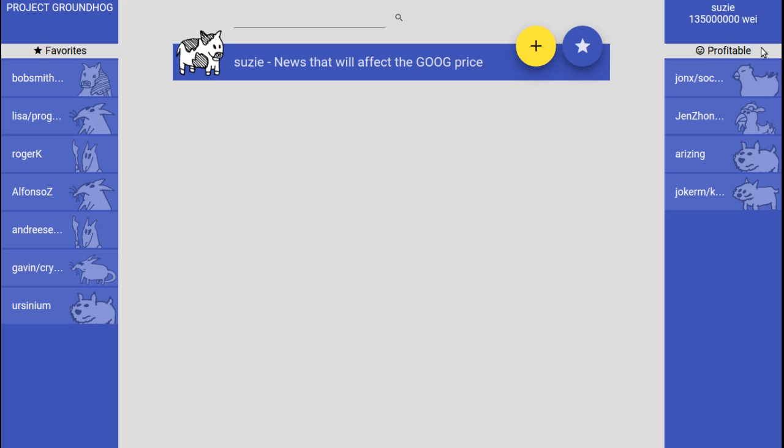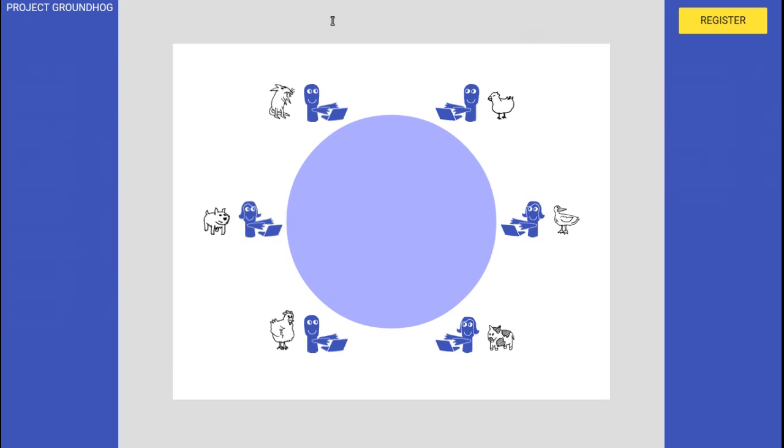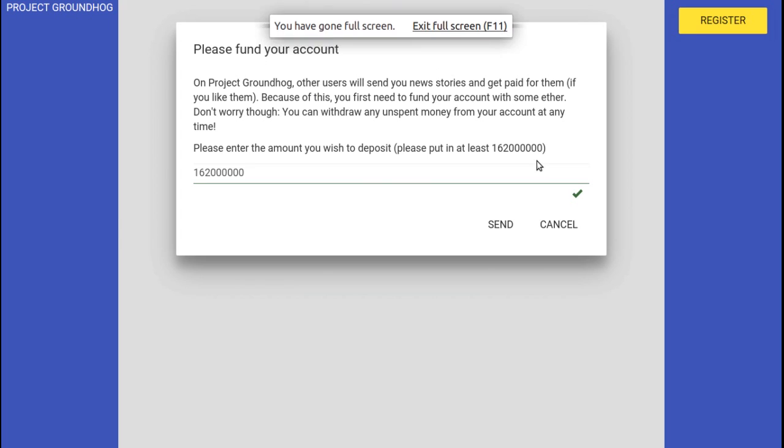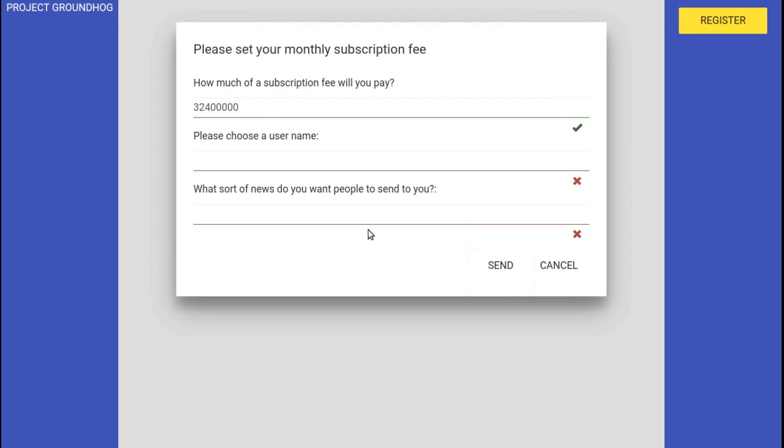And that's why these are profitable feeds to post to, and these will get calculated in the JavaScript client as you're using the application. Now, of course, this is a social network. We want more than one person, so let me switch over to a different account. So now we've switched over to a brand new account, and so I'm going to create a new user, fund the account. I'm going to choose the username of Bob this time. Note that I can't type in Susie because that one's already registered, so I have to put in Bob.